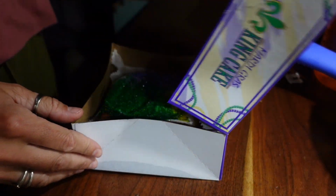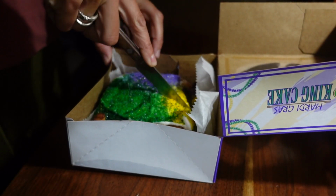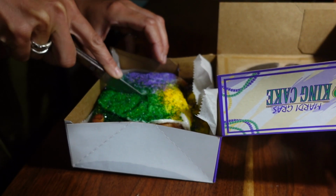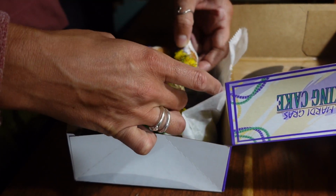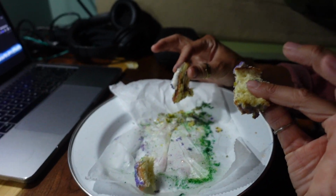Okay, my very first king cake. It's very cold. Oh yeah, that's like a cinnamon roll. No. There's no baby in my cake, and so Aaron must have eaten the baby because...